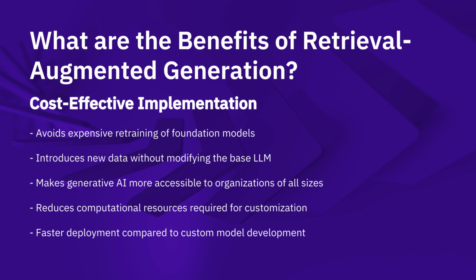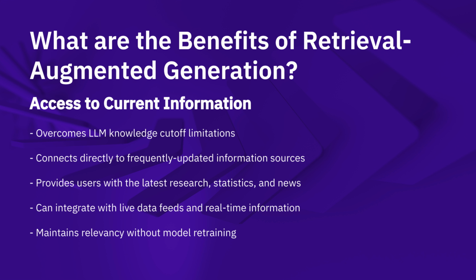RAG offers a dramatically more cost effective alternative. Instead of retraining the model, you simply connect it to your existing knowledge bases. This approach democratizes generative AI technology, making it accessible to organizations of all sizes, not just those with enterprise level AI budgets. Additionally, implementation is faster. Rather than waiting months for model retraining, RAG systems can often be deployed in weeks or even days, providing immediate value while controlling costs. The second major benefit addresses one of the most frustrating limitations of standard LLMs: their inability